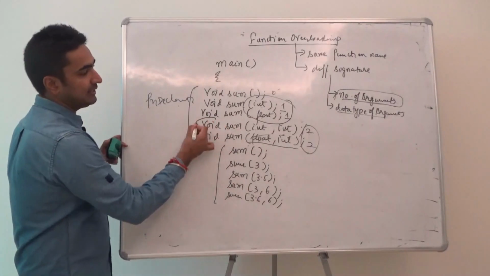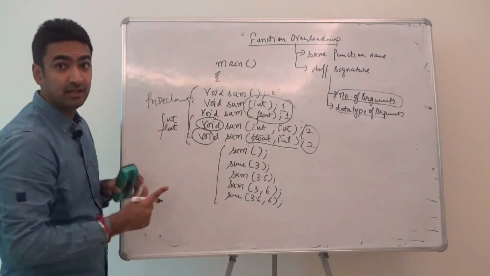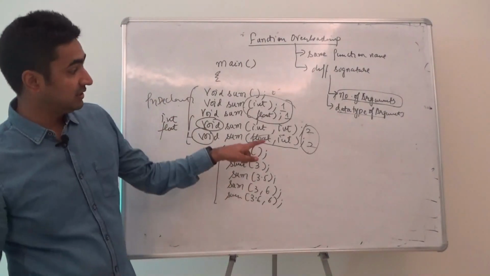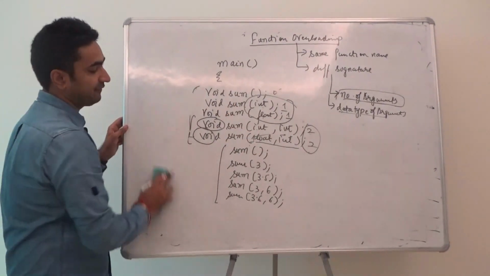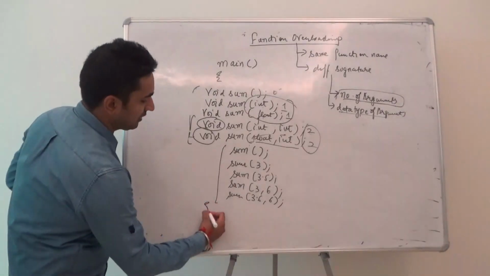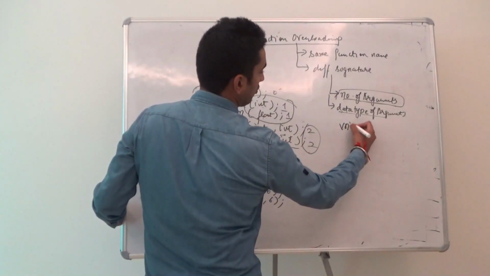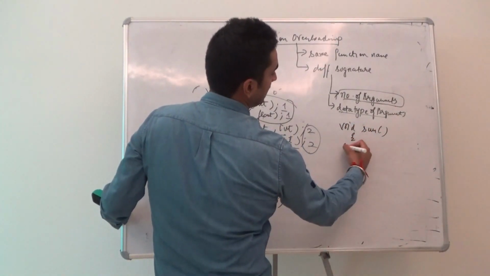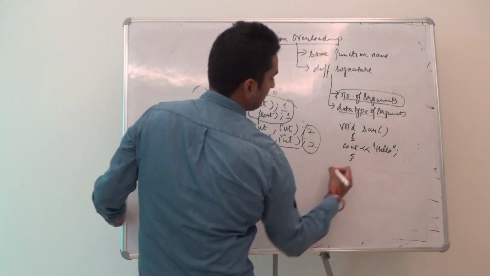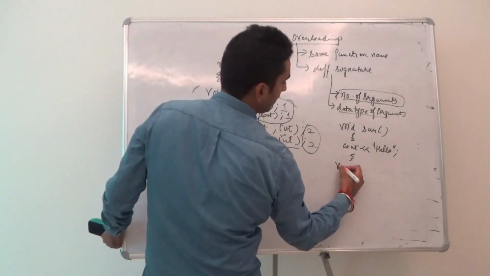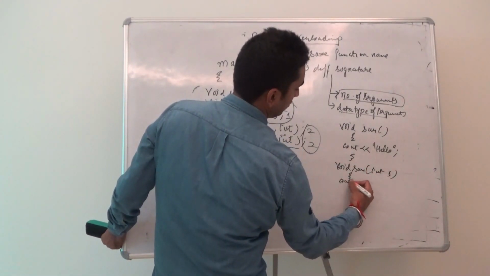Perfect. Over here guys, the names of the parameters, even if I use int x or float y, won't matter. The important thing that matters is the data type of the arguments, that's the most relevant fact. The moment we write this statement, we go outside the function, we have to define it. So you just write void sum, let's say cout hello. I can write anything in it, it's again up to me.